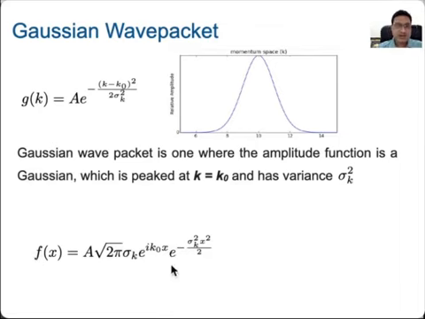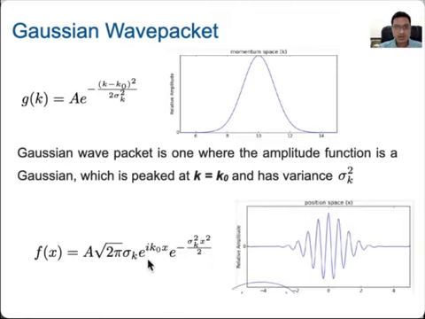Okay, and if I take the real value of this one, then it will become cosine k0x. This is the same as what you have seen in the previous lecture, where we took a constant function, and when we performed the Fourier transform, we got this complex quantity times a sine square kind of function. When we plotted the real value of this in the previous class, we got the cosine. So this is the first oscillating part.